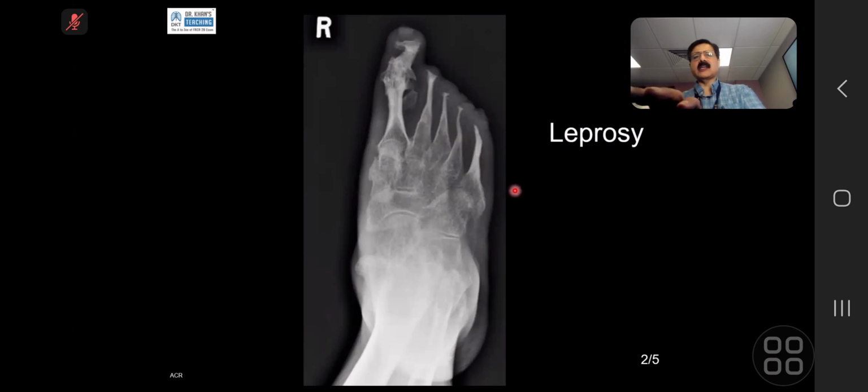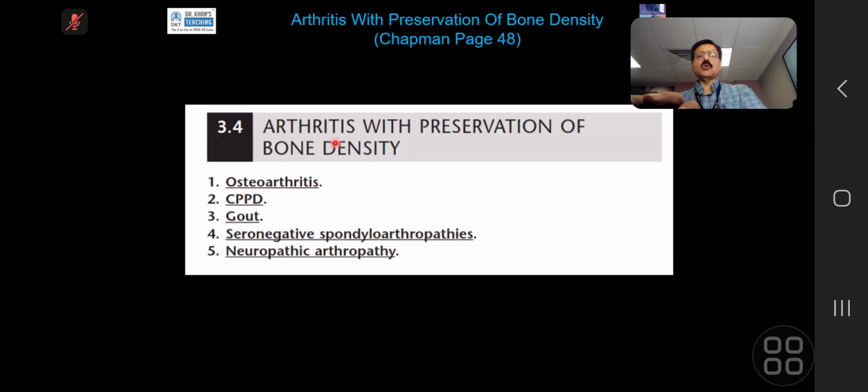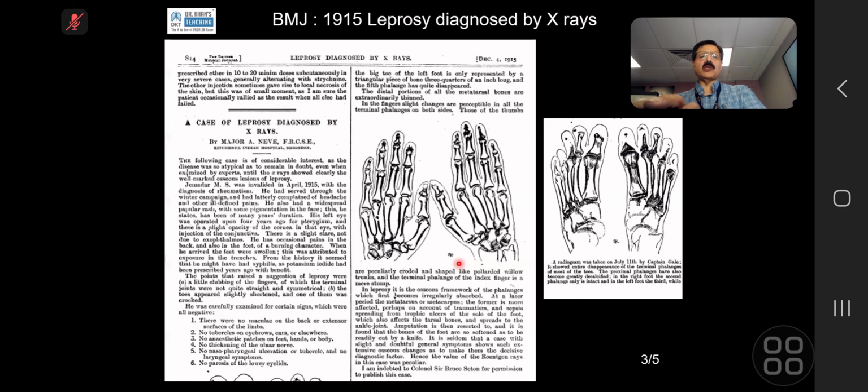This is known as licked candy sign. So a differential diagnosis of arthritis with preservation of bone density and neuropathic arthropathy, which will be covered in detail on the weekend. Don't miss that. That is one of the differentials. Just for your interest, this is from BMJ